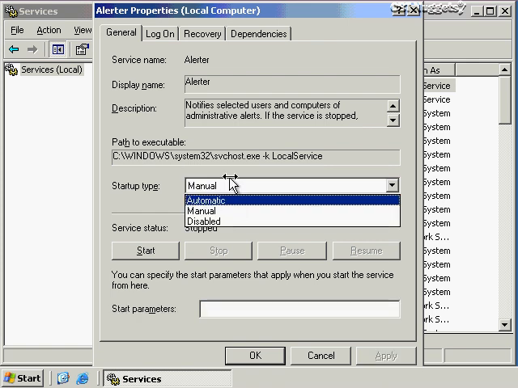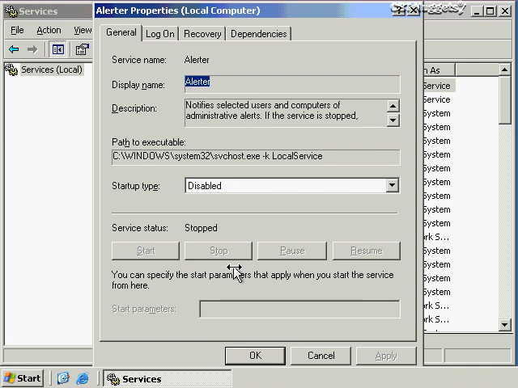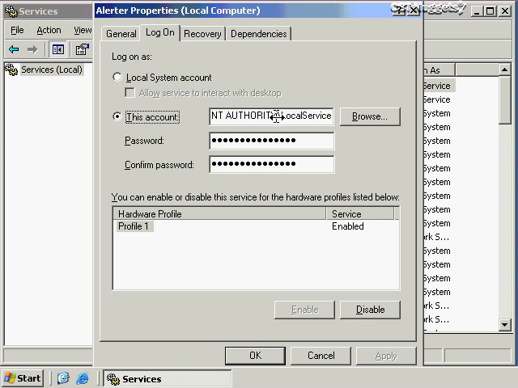And I'm just going to go back to our default setting for the time being. So anyway, this is a service, and when we look at a service, there are several key things you need to keep in mind with it. Number one, you need to see if there's a logon account associated with it. Now, most accounts are going to be using the local service system account that you see here. And that's going to be a service account that doesn't require anybody to actually physically log on to this system.